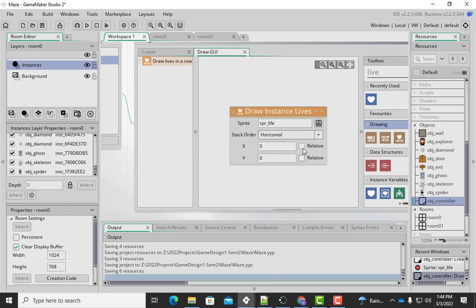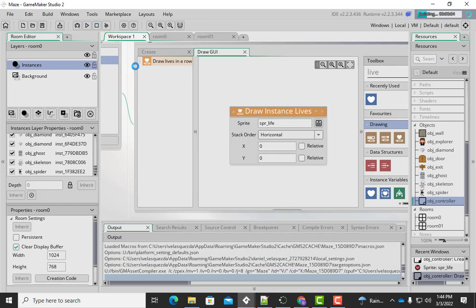And then where do we want it to be? We're just saying the top left corner of the screen. That sounds fine. Is that in the room? The answer is no. It's not really in the room. It'll be on top of the wall. That's our hope. So if we play the game, you'll note that, strangely, there are no life sprites,